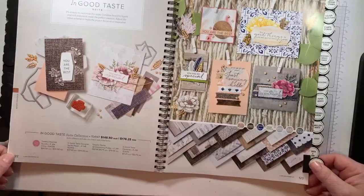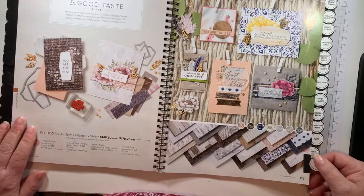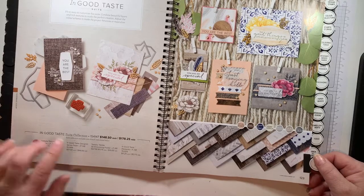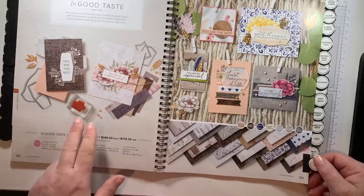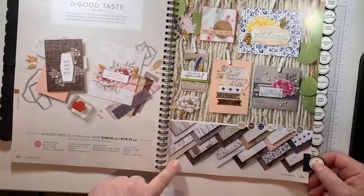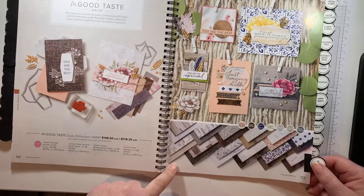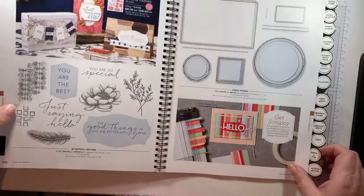Here's In Good Taste. You saw in my unboxing video last week, I got everything except the elements and the designer series paper. So I got the bundle last time, which is the stamp set and the dies. And on my order today, I'm getting the designer series paper. There's a lot of paper. It's $37 here in Australia, where they're usually $20, but the